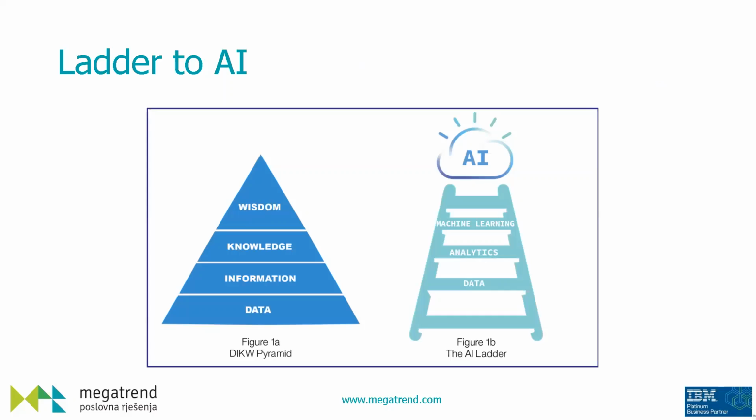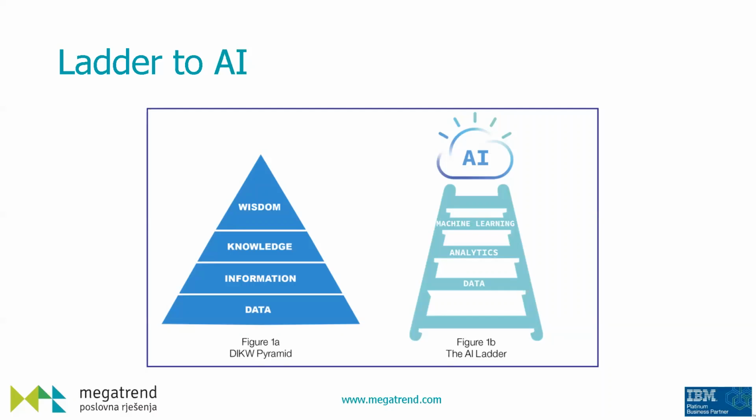So, ladder to AI. What is a ladder to AI? So we know that the biggest and most complex challenges sometimes come with managing the data, because data is not self-organizing. Sometimes we cannot understand the data directly, and this can be explained also with this